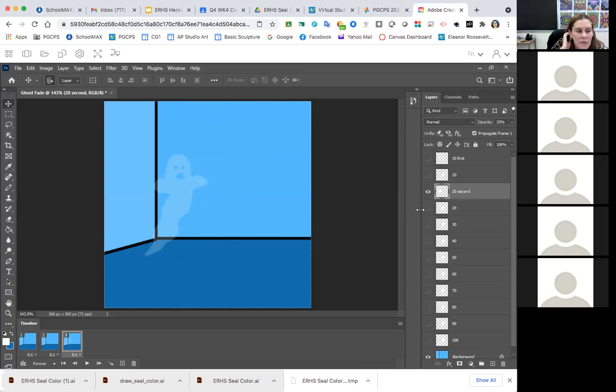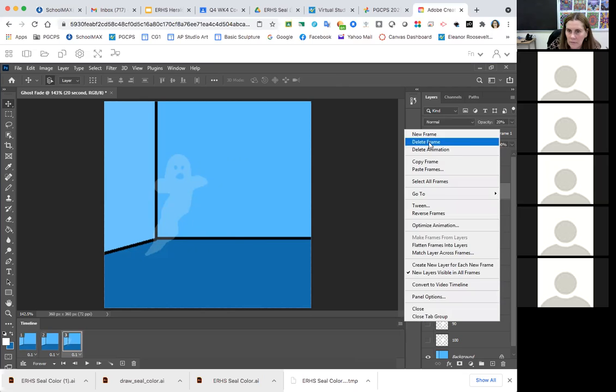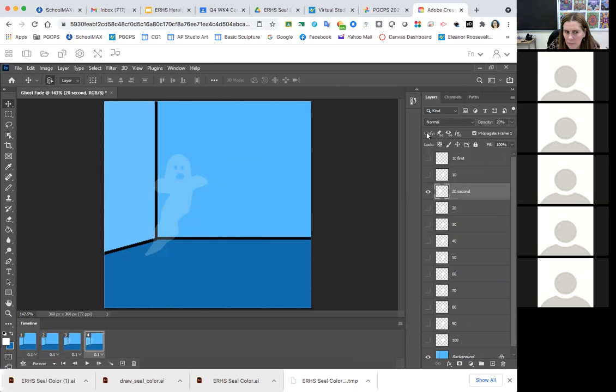It is a little confusing. And then the next layer, new frame. Okay, so 1, 2, 3,